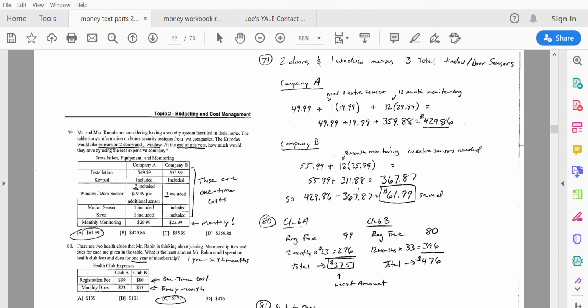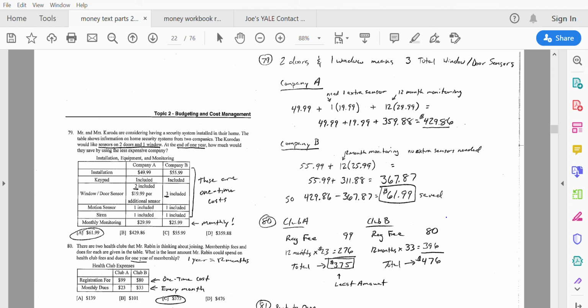Okay, is $99 registration. We're looking at a cost for 1 year, so we take 12 months times $23 per month. So $23 per month for Club A. That's $276. We add them up, we get this $375 for 1 year. Club B has a cheaper registration fee at $80. It's right here. Okay, but its monthly cost is more. It's 33, so we take 12 times 33 is 396. We add those together,